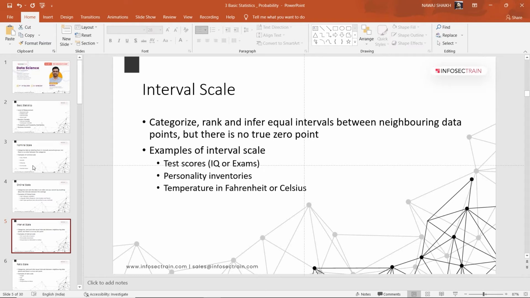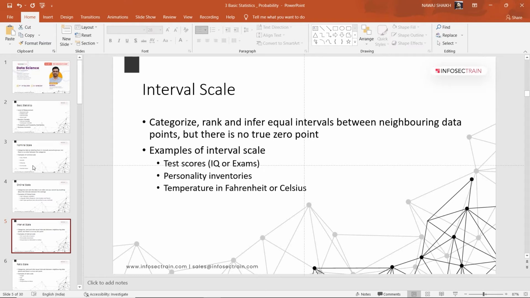What is a true 0 point? A true zero means there is an absence of the variable of interest. In some exams, the passing criteria will be 35% marks, but in a different exam, the passing criteria will be 40%. So you see, there is no true 0 point.